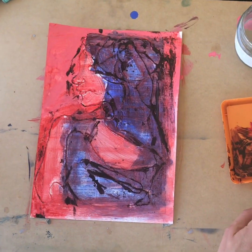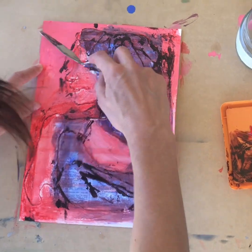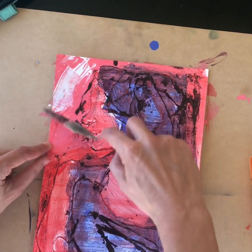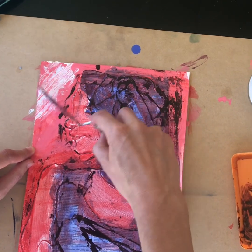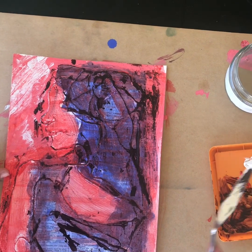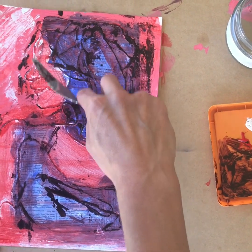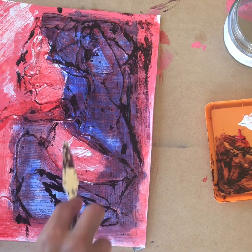Right, so now I'm just going to add a little bit of white. So when I was looking at the thumbnail, I really thought it just didn't look right in this top area. And again, I'm just using the palette knife, and you can actually see through. I might have scratched a little off, so it's not too white. Actually, I think I just wasn't a big fan of that pink, the colour. And just a little bit on the face and just the flesh, just to...